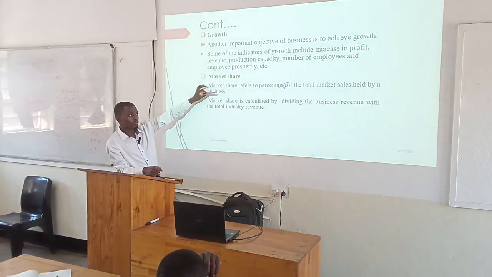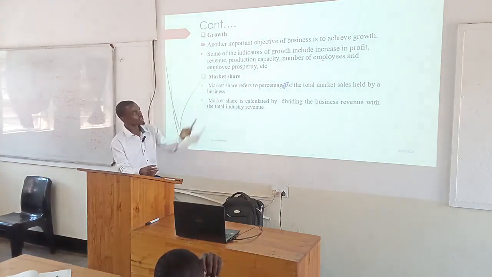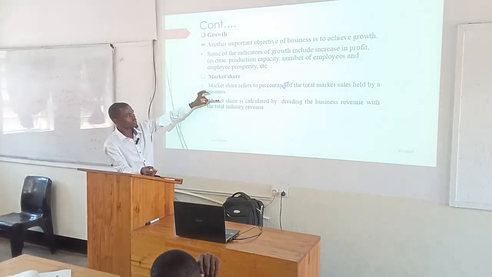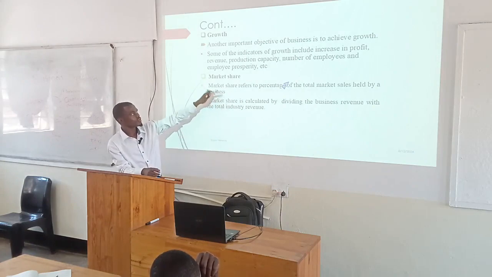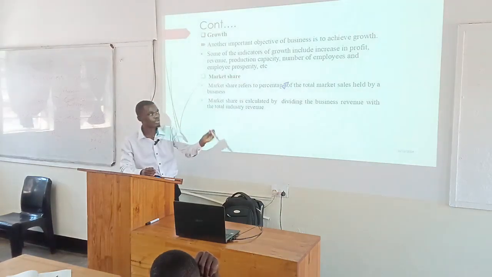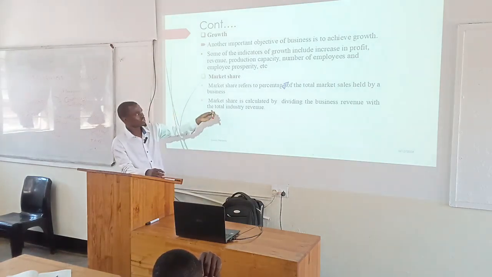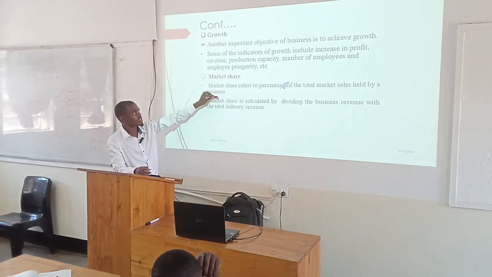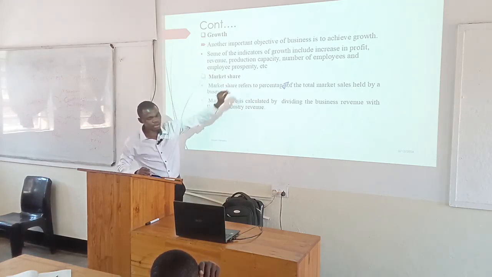We have already talked about market share. So the organization wants to increase the number of customers. That can be one of the objectives of that organization. By increasing the number of customers, this organization has to come up with effective strategies. For example, one way of improving the market share is that the organization has to have competent employees. So it has to recruit employees who are competent, who have skills, because at the end of the day, those competent employees will produce quality products. By producing quality products, it will attract customers, thereby improving the market share.